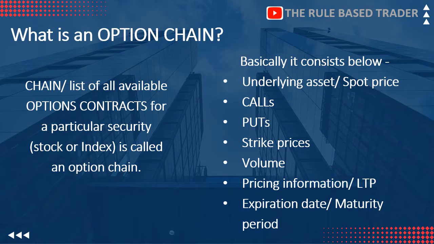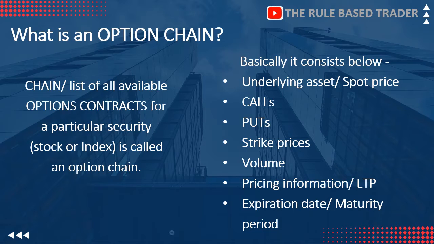So, what is an option chain? Simply put, it is the chain or list of all the available options contracts for a particular security. Either it can be a stock or an index. And please watch video number 2 in this free options trading beginners course to know what exactly is an options contract. So coming back, this option chain basically consists of call options, put options, their strike prices, volume and pricing